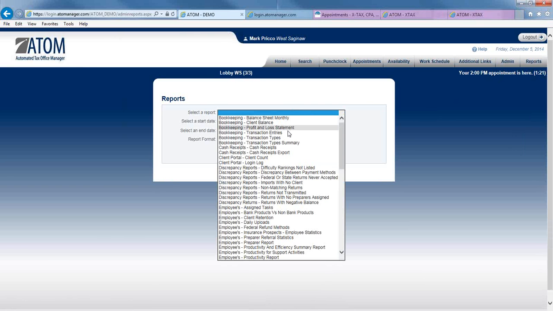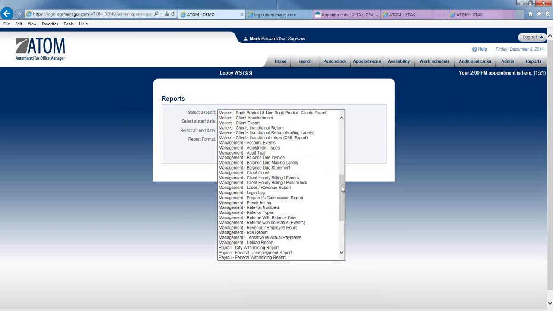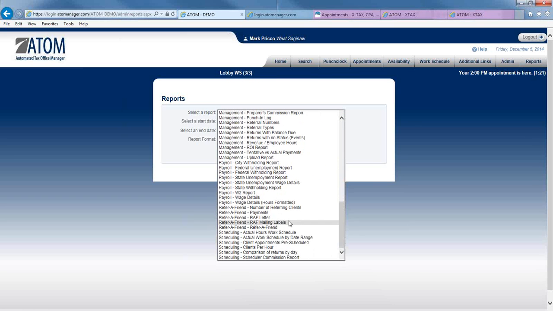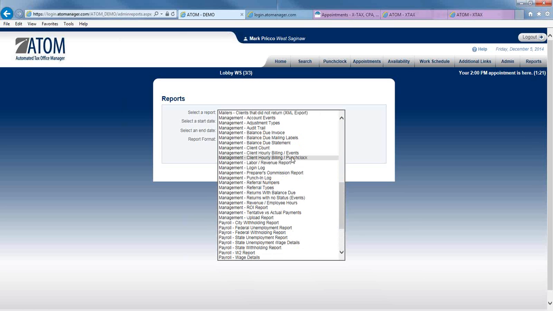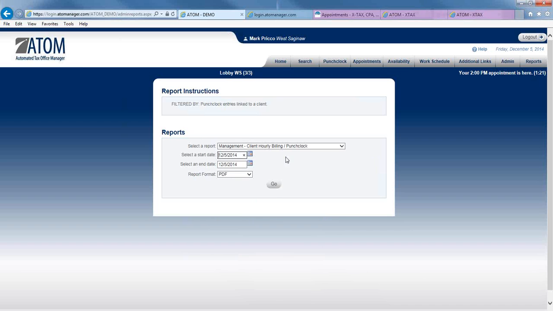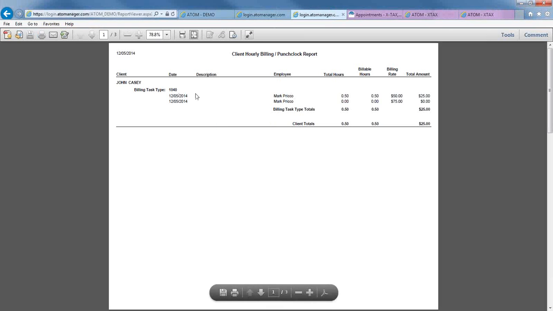I'm going to go to my report, and we'll pull up. I'm going to jump ahead here. I'm going to go to my management, client hourly billing punch clock. All right, and I'm going to put the dates. Actually, I'm just going to run it for today because I have some data in there. And what it's going to show me is this is tied to my client. So for John Casey, Mark's worked on this. Here's the billing task type, 1040. I did some work on it. And,